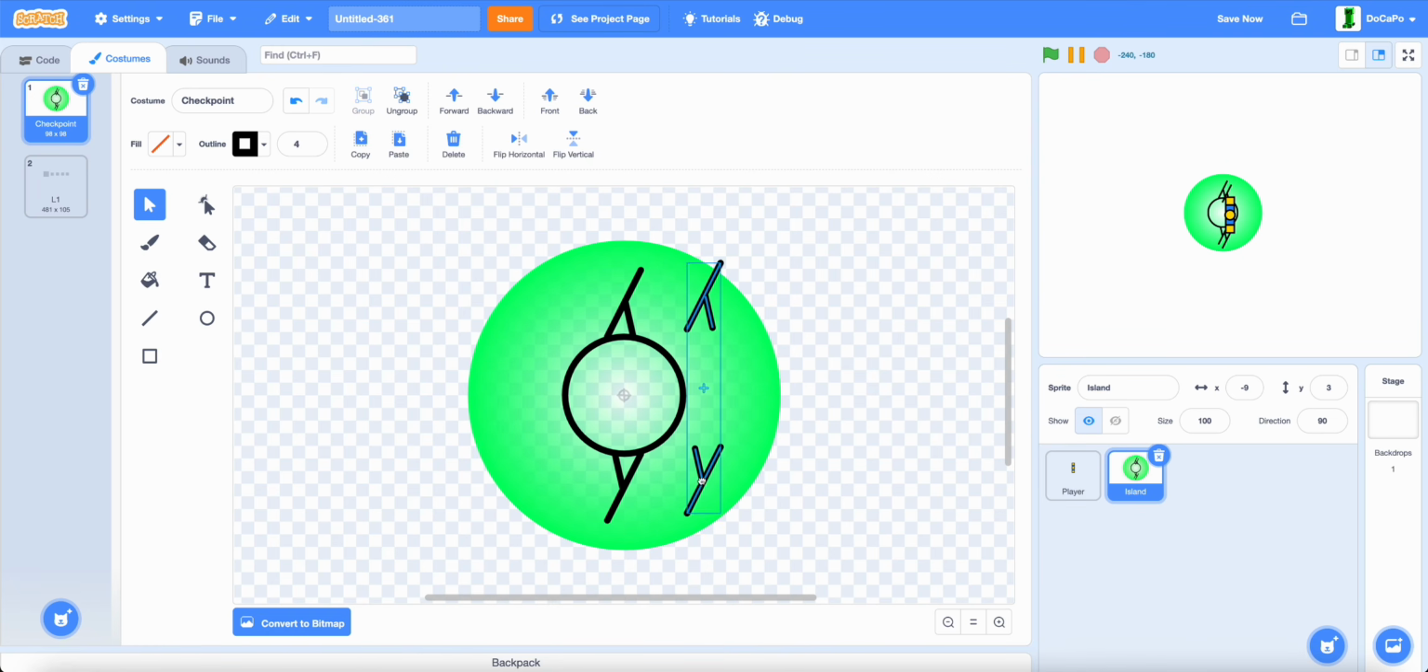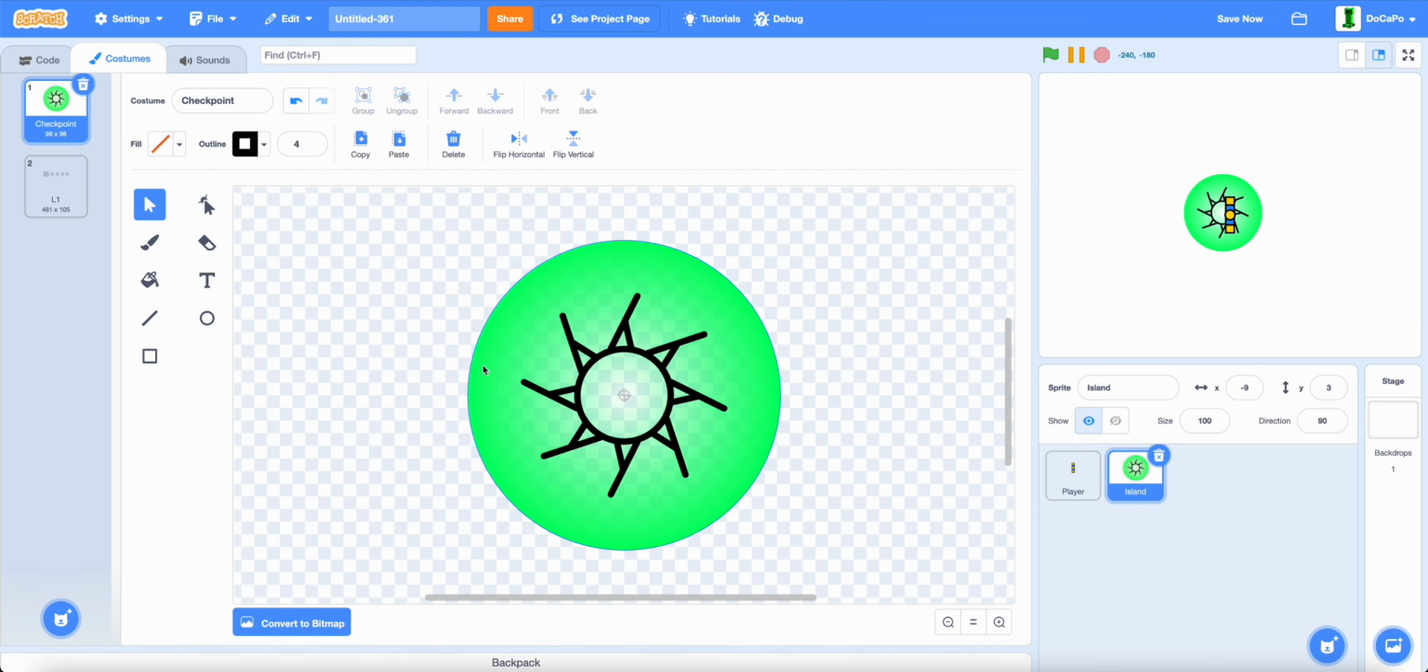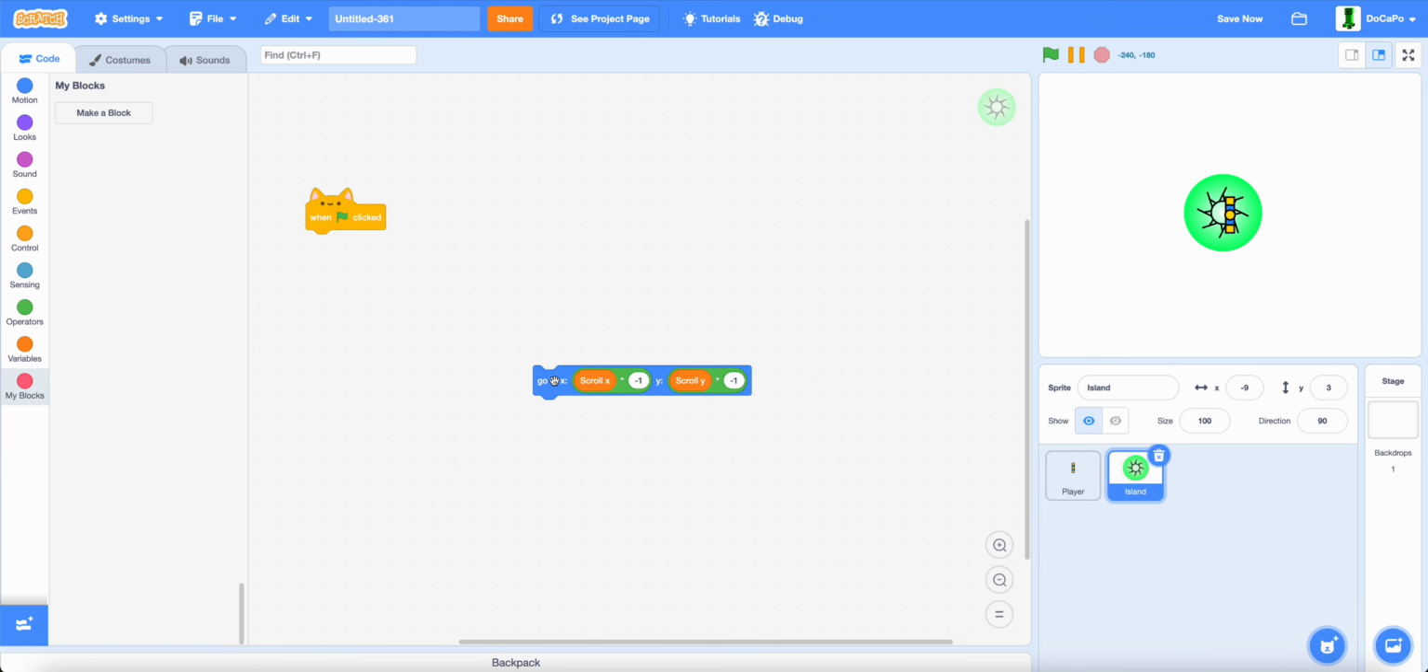Now duplicate this, press shift and rotate it like this, then select both of them, duplicate and rotate and press shift. And now you kind of have the Roblox spawn point logo like that. Now, in here,